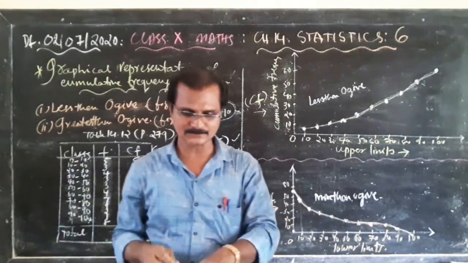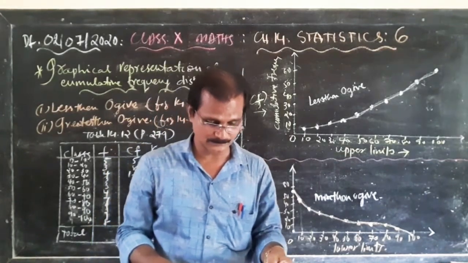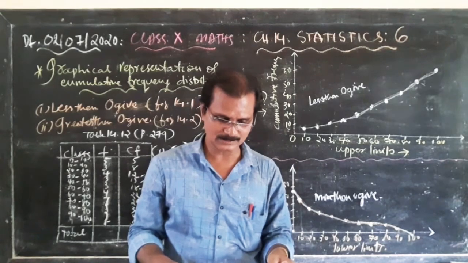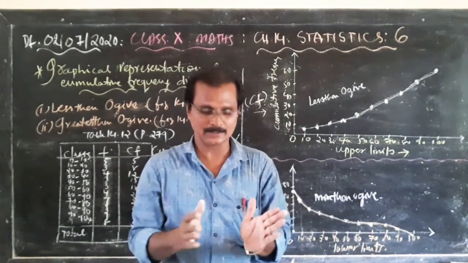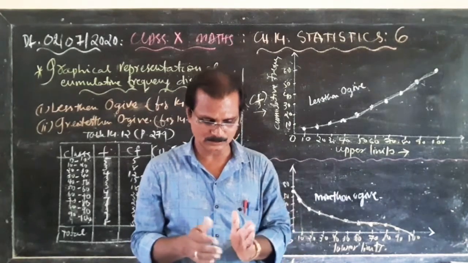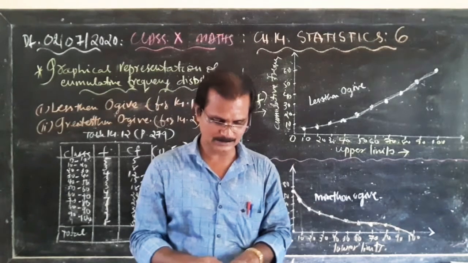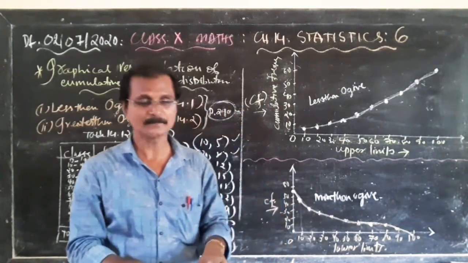on the graph. So that way you can also find out the median also. You can find it on page number 292. See, less than ogive and more than ogive, figure number 14.6. So together you can make more than ogive and less than ogive, and these two are intersecting at a point. Which point? Median is 17.5. So you can find out the median.